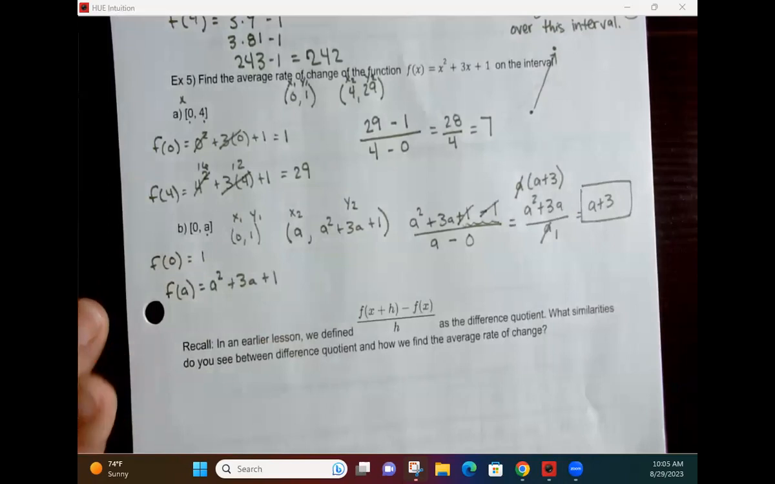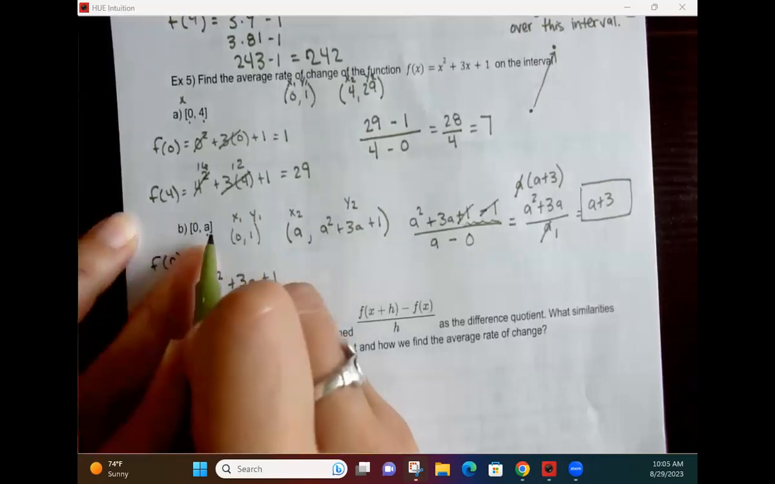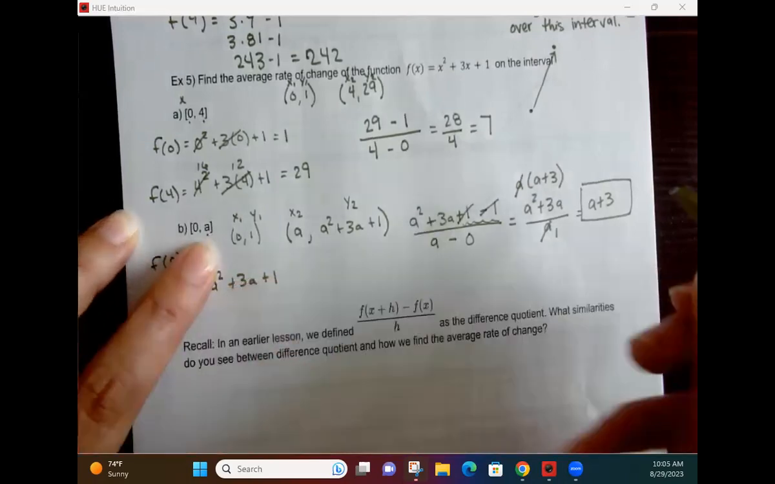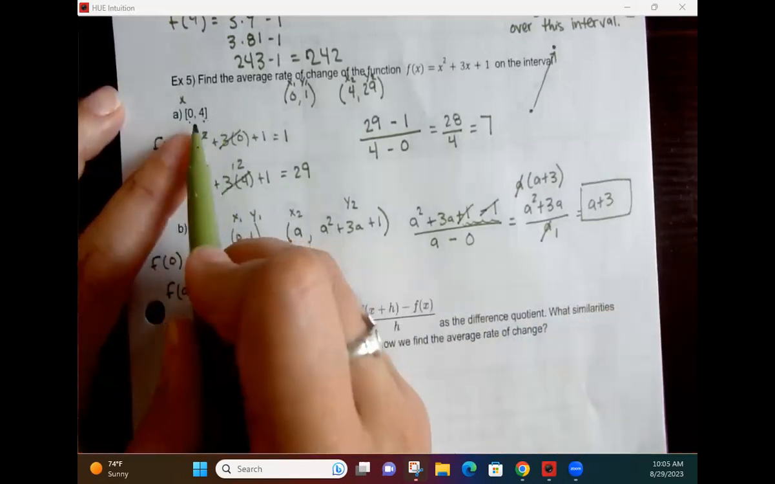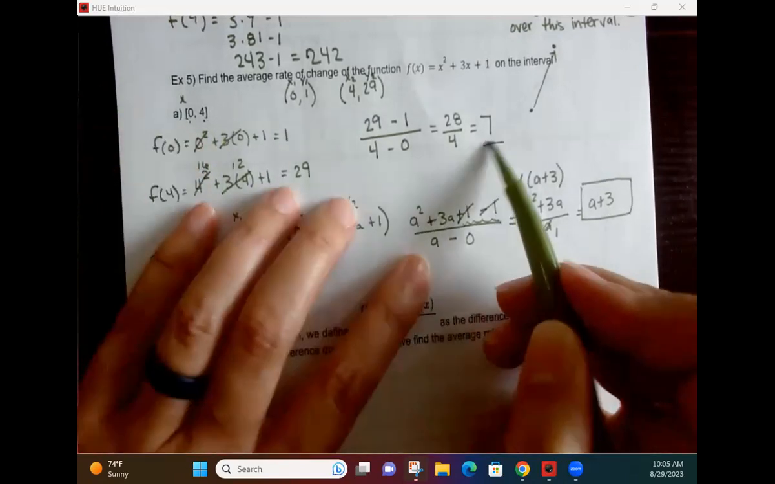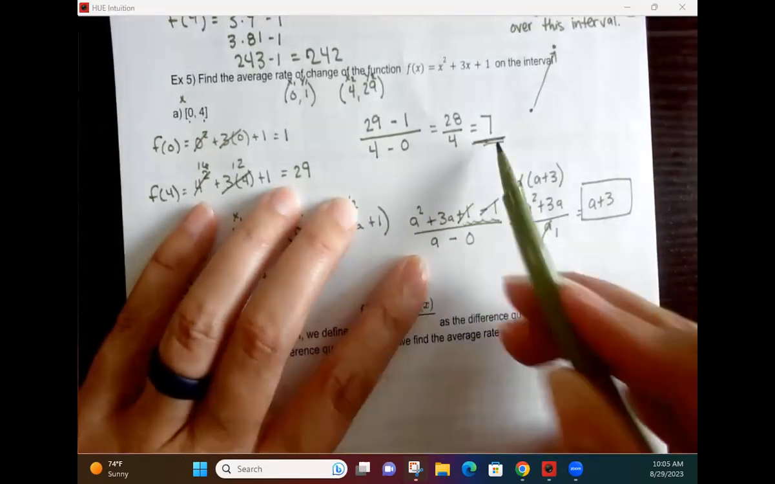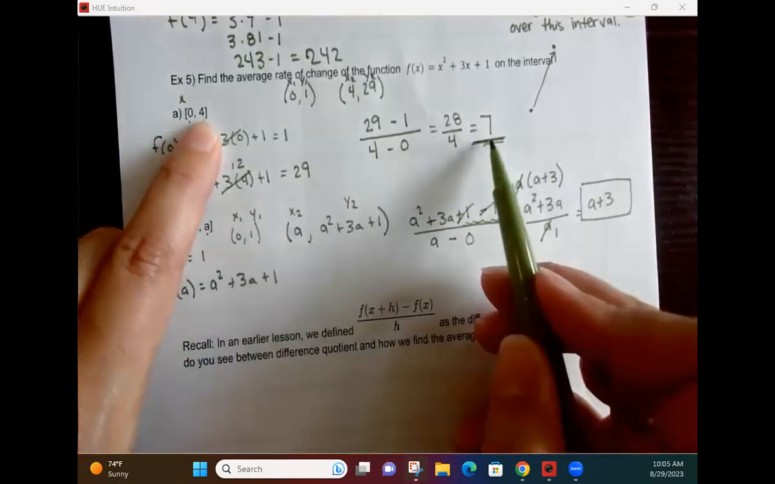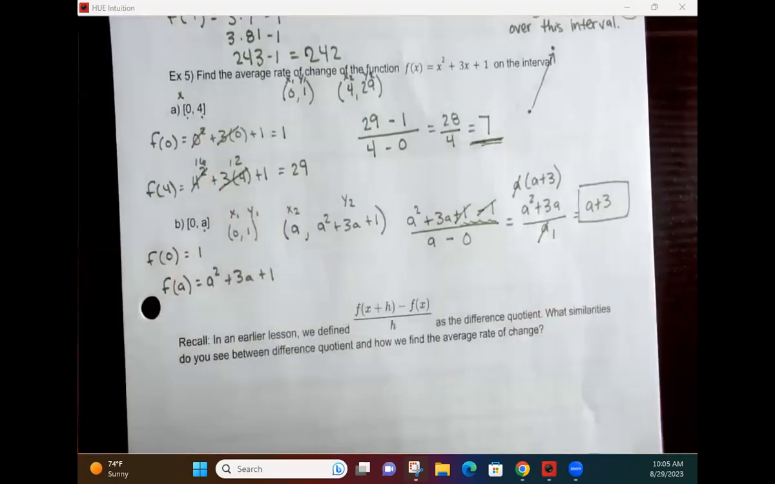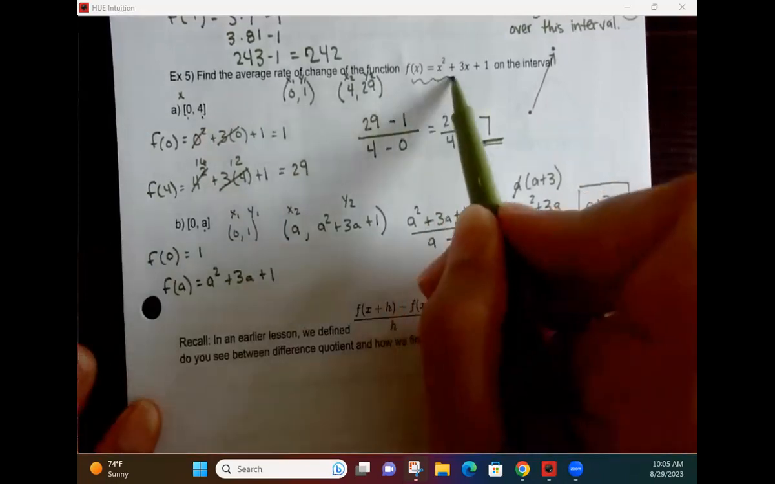So I want you to think about that for just a second. I'm saying my rate of change, if I go from 0 to any number, would be equivalent to 3 plus that number. Now for a, we went from 0 to 4, and we got 7. Does that make sense? That number plus 3 was our rate of change? Yeah. Okay. Now that's specific to this function,